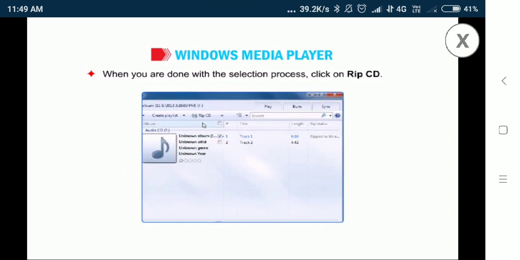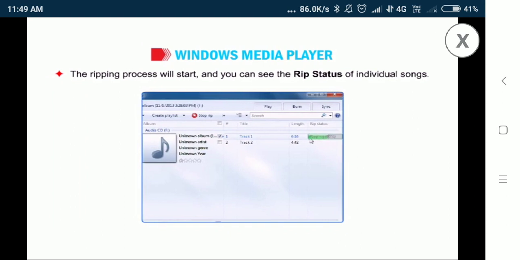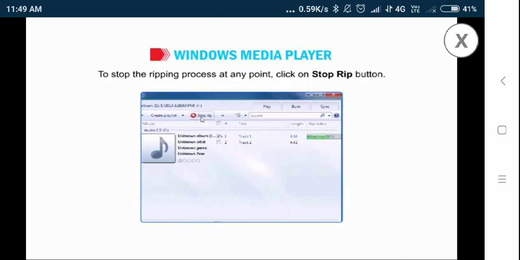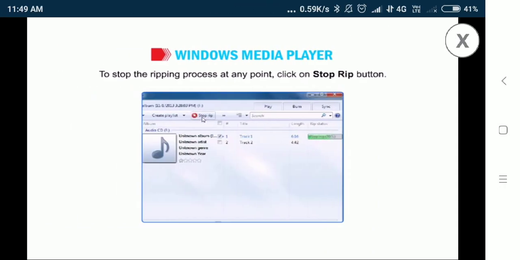When you are done with the selection process, click on Rip CD. The ripping process will start and you can see the rip status of individual songs. To stop the ripping process at any point, click on the Stop Rip button.